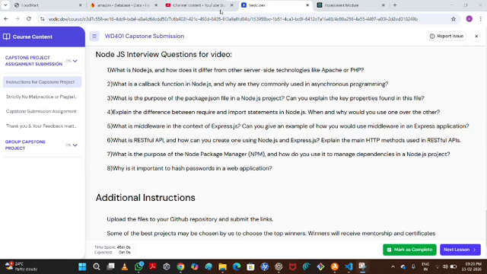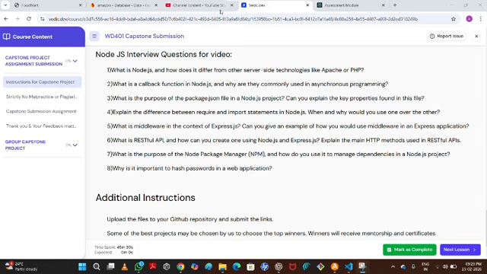Explain the difference between require and import statements in Node.js. When and why would you use one over the other? We use require in CommonJS, the default in Node.js. Use it like const express = require('express'). Whereas import is used in ES6 modules, the modern JavaScript way. Use it like import express. That is, import is used to import the packages or modules, whereas require is used to